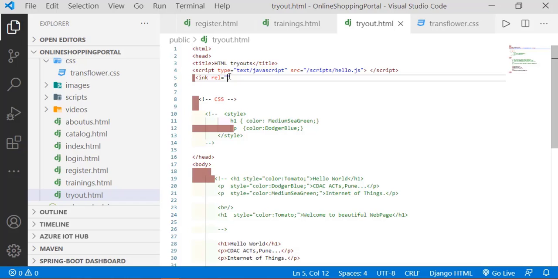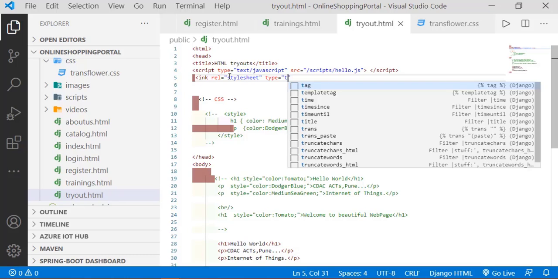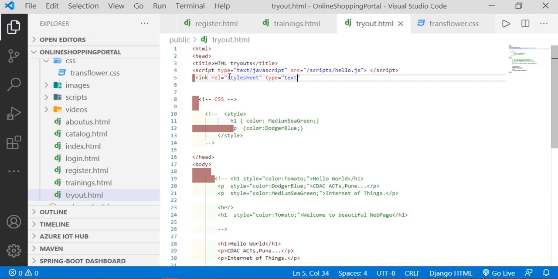After writing the stylesheet, I want to define the type of it here. So type. Last time we had written the type as text slash JavaScript. This is my file which will be a CSS. So the metadata, the content type will be text slash CSS. And once I write that, now my last parameter will be something called href. Give that reference which you want to link.